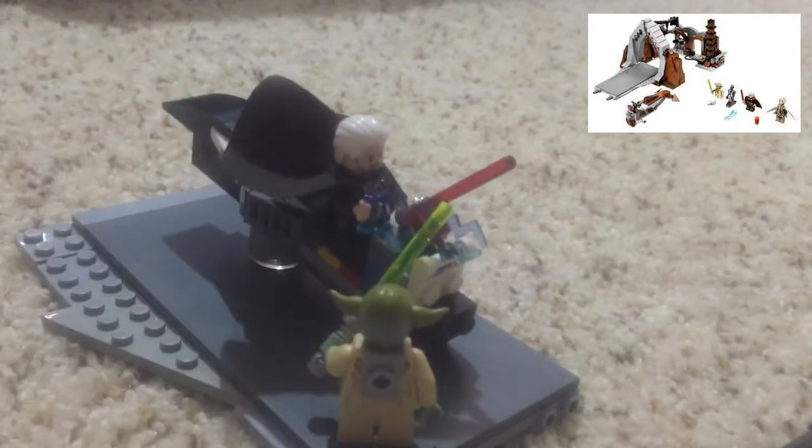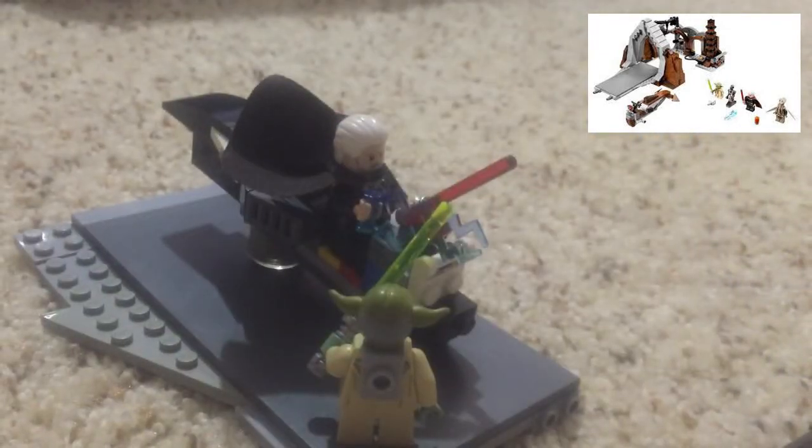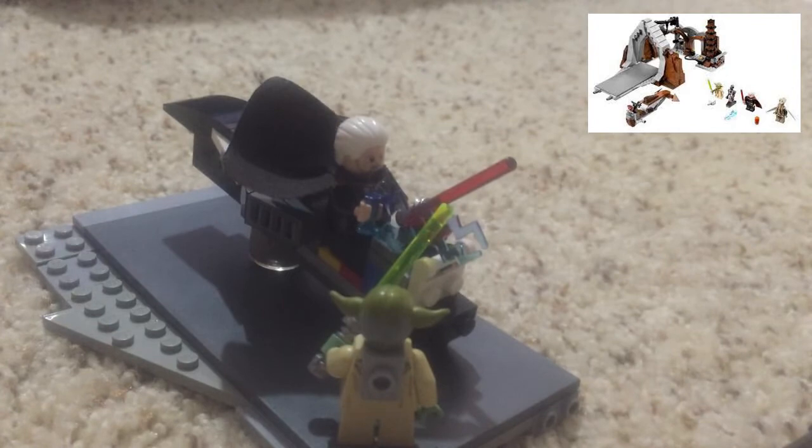I think I did good on the speeder bike, and this is a really cool one to display. It goes nicely with this set right here. But again, also, I just think the duel sets have all been really cool. Like, I think in recent memory, they've made like 5. I don't know, I don't really keep track of Lego, but except for recently when I've been actually really interested